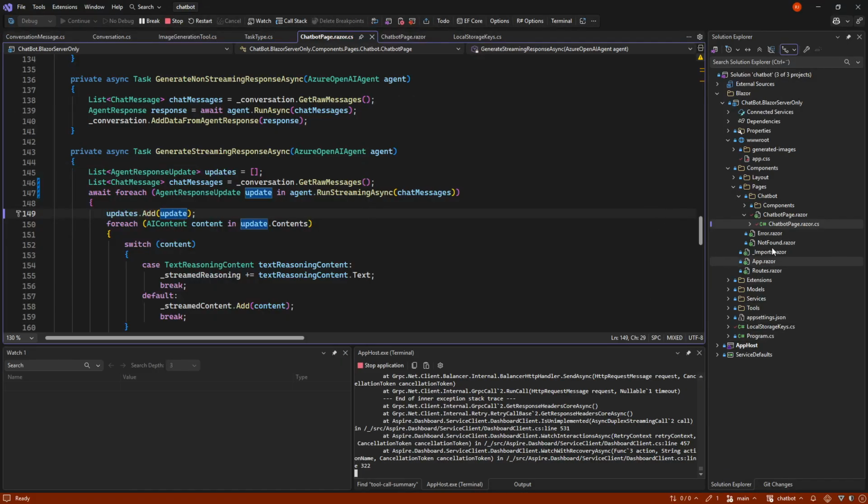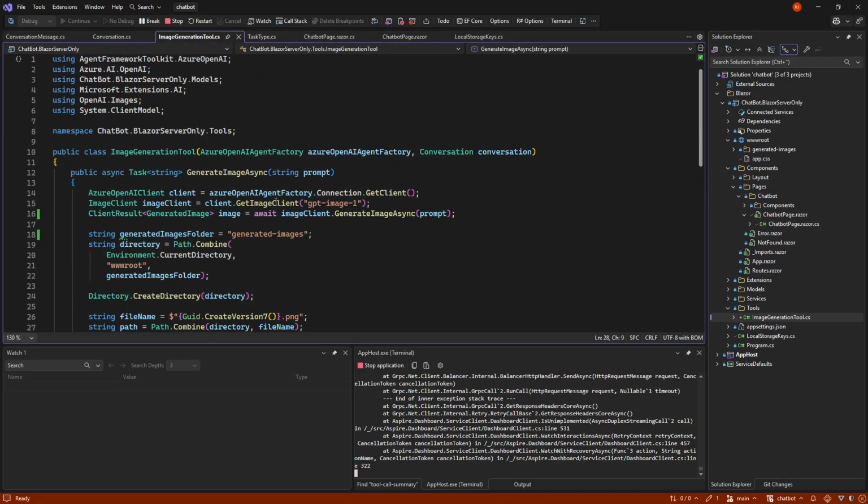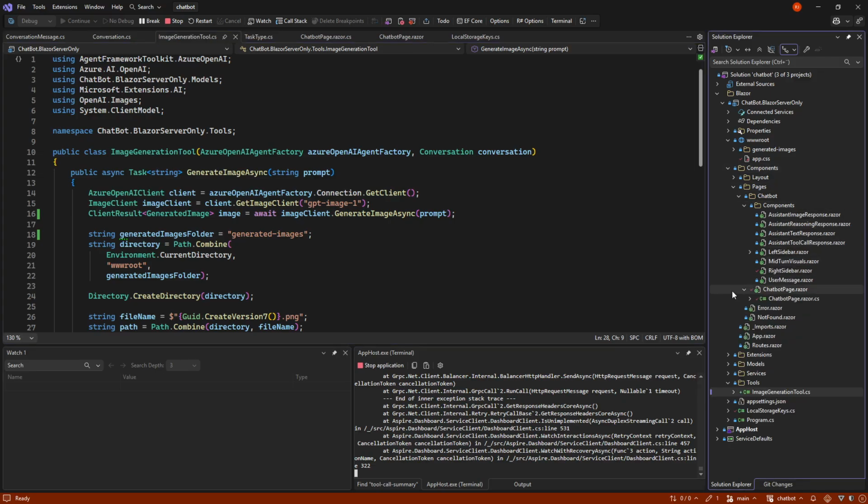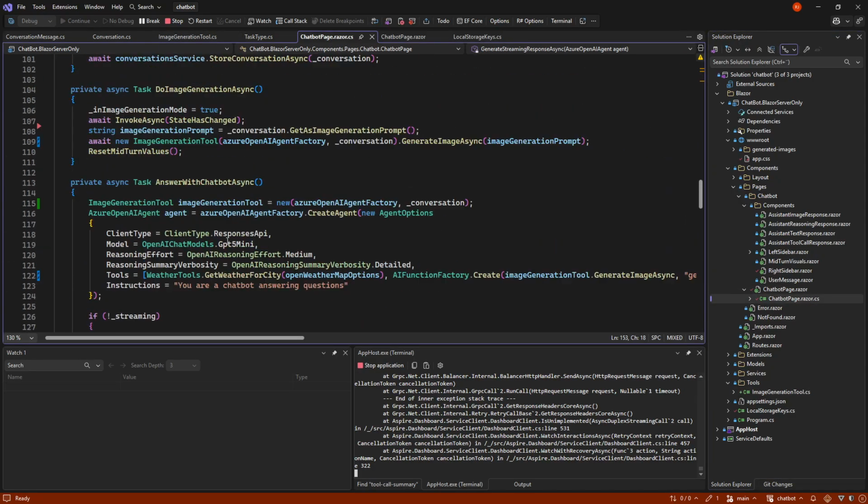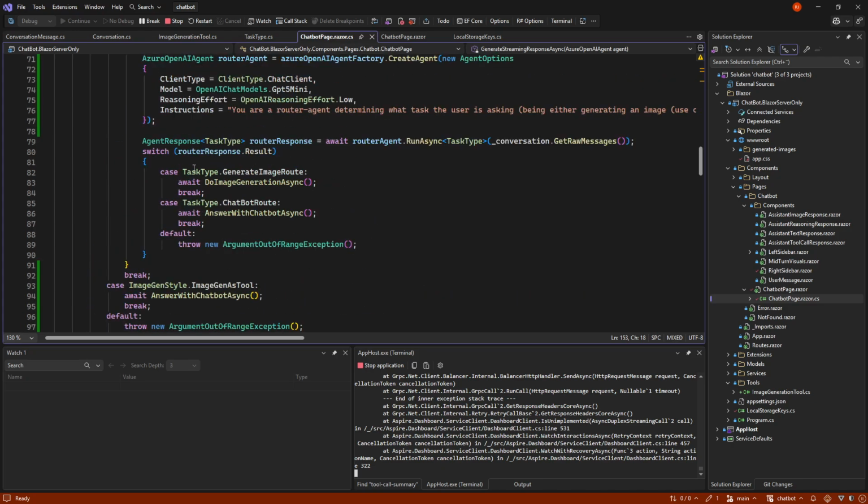Beyond that, we can now see that there's nothing much to it. We make a tool that we had down here. And that tool can either be called as a normal tool. Then it's just the LLM choosing when to make images, when not to. As long as we don't do multi-tools at the same time, it seems to work. Or we can do as ChatGPT chose, in that we can put up an agent upfront that checks, are we in image generation mode or are we in chat mode at the moment.